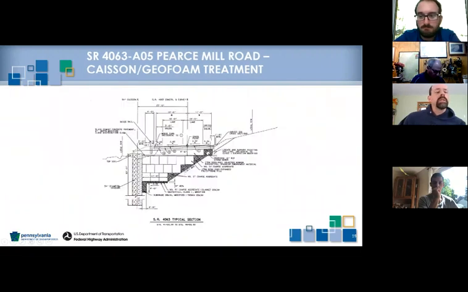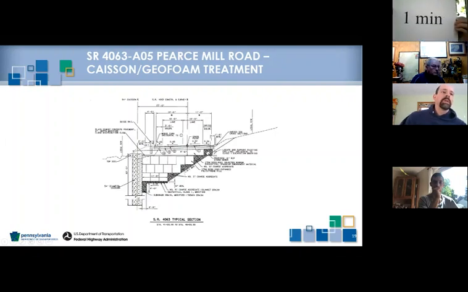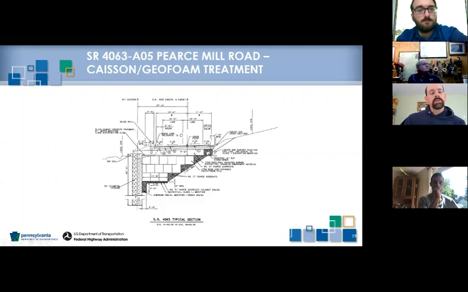So what we did in this location was to install concrete caissons. So these caissons are drilled, and then they are filled with concrete. They also have reinforcing in there as well. These are not considered a wall. Walls are a structural element, and they have to perform as such, so they have a lot more strict requirements.